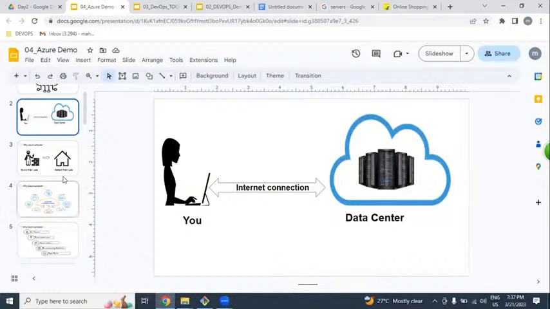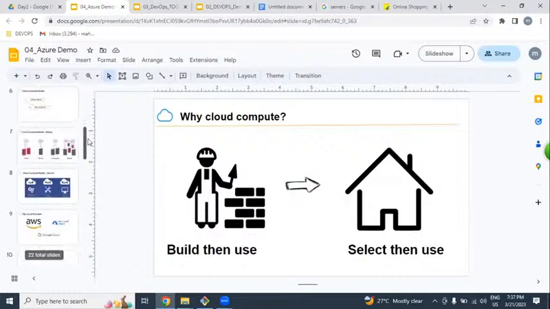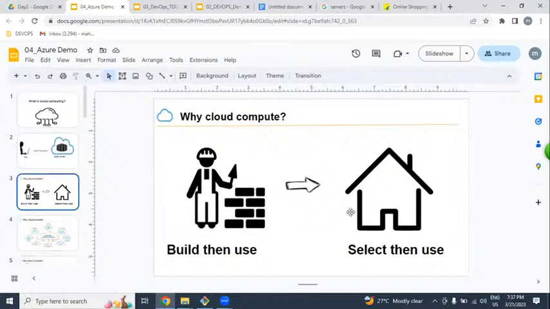For our understanding, whichever is easy for you, please select and then use. So just for deploying our applications, instead of buying servers, we're going to be taking a rental service. That is exactly what? Cloud. So to understand this point,